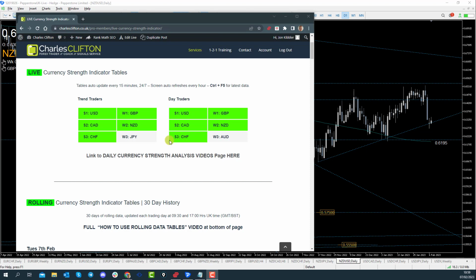Here you can see we have our tables in front of us. We have two types of tables: the trend traders table and the day traders table. These are showing the same studies but just highlighting different time frames. Some of the currencies here are highlighted in green. That means there is a correlation between the two time frames, and that's where we'll be focusing our attention in